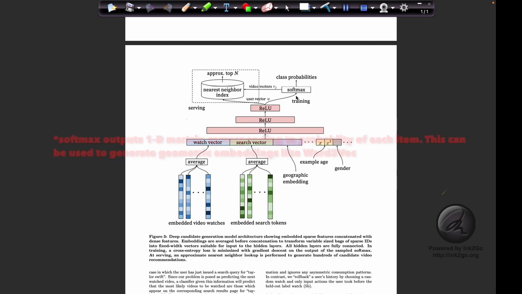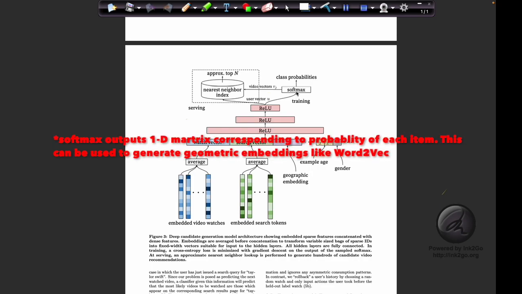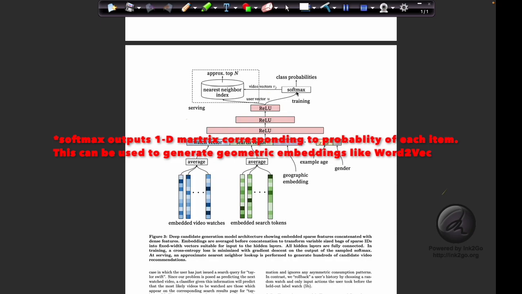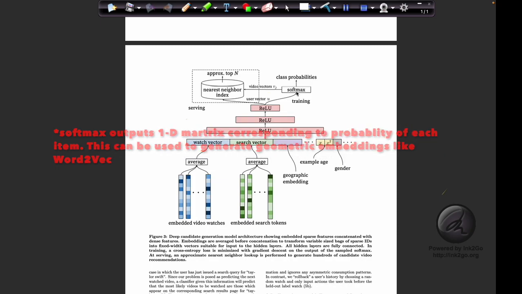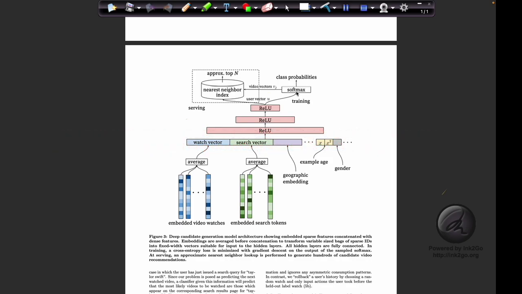And as we know, softmax gives a matrix representation of all the class labels, and it gives a probability. This matrix is used to generate the n-dimensional embedding, and we finally embed all these videos and the features into the n-dimensional embedding.